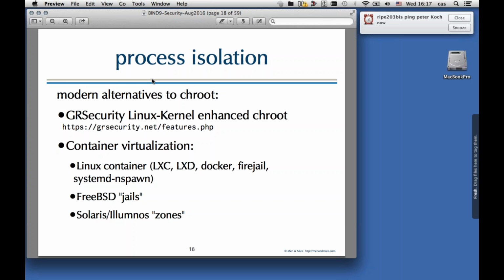There is container virtualization, which is supported by the major Linux distributions and also by FreeBSD and Solaris, where you have a lightweight virtualization on top of the same operating system kernel. So you cannot run other operating systems, but you can have multiple separate Linuxes running, and systems like Docker or Firejail, or systemd-nspawn, allow single applications to be confined in a container, and inside the container,